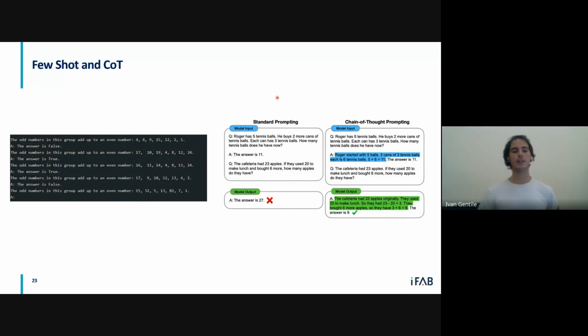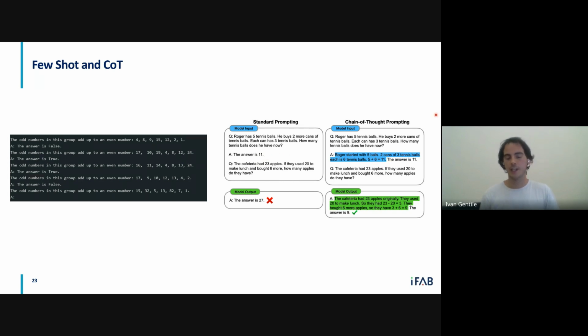We see here on the right an example of chain of thought taken from the paper that discovered that using this method improves the capability of the model by quite a lot. For example, here we have the same question represented left and right. On the left, we have an example with a shot, so an example provided when the question is asked, but the model is not able to answer correctly. On the right, we have the chain of thought, which basically means explaining the reasoning that brought the answer to the previous question to be 11 in this case.